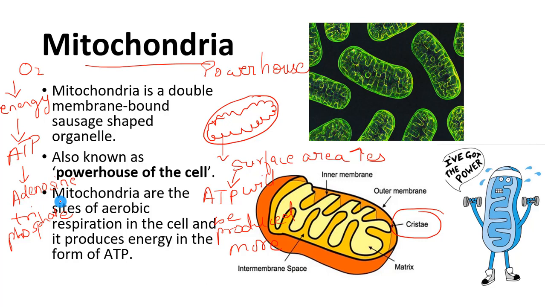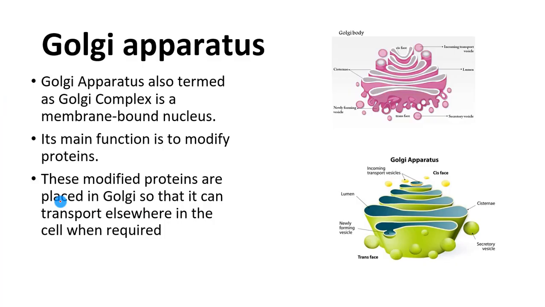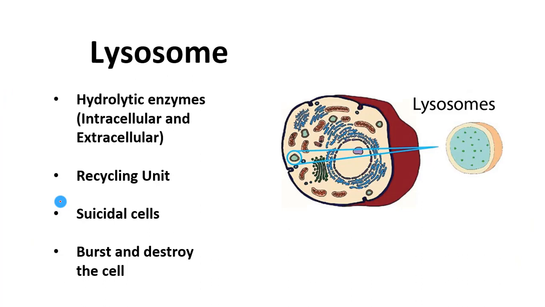Now, if any foreign particle enters our body or any foreign person enters your house, you generally try to hit it, kill it, or tell him to run away out of a house, right? In the same way, in the cell also, there is an organelle which, when there is any kind of harm to the cell, what it will do? It will burst open and it will digest its own cell so that there is no harm to the surrounding cell present.